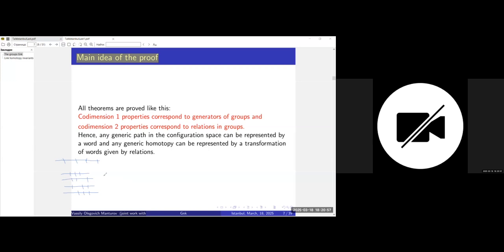Also, the far commutativity relation can be treated as follows. So assume I have, for example, points 1 to 3 and points 1, 4, 5. So 2, 3 are on the same line and 4, 5 are on the same line. And here one can travel this way or one can travel this way. So 1 to 3 on the same line and 1, 4, 5 on the same line. So these are independent events and they commute.